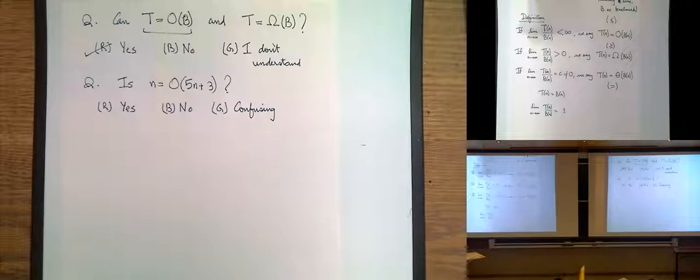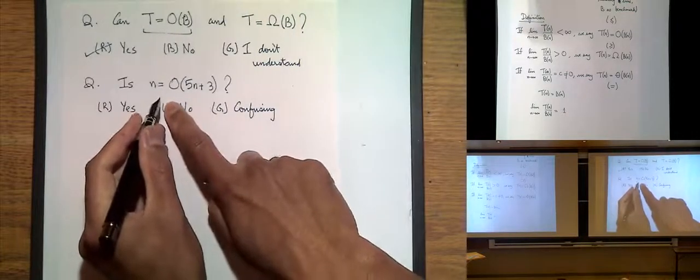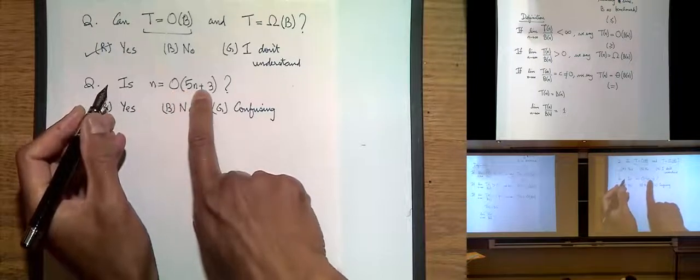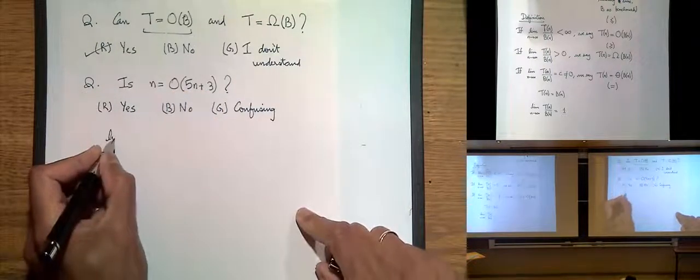Okay, yes or no? Those of you who have answered have it. The fact that fewer of you are answering suggests that more people are confused. So how do we determine if this is the case? You have two functions here. This is like t, and that function is like b. So we'll take the limit,